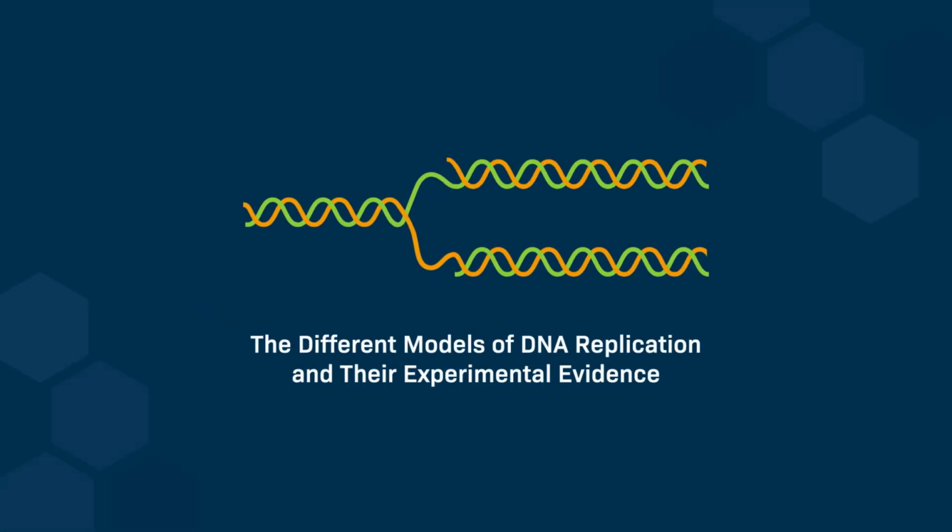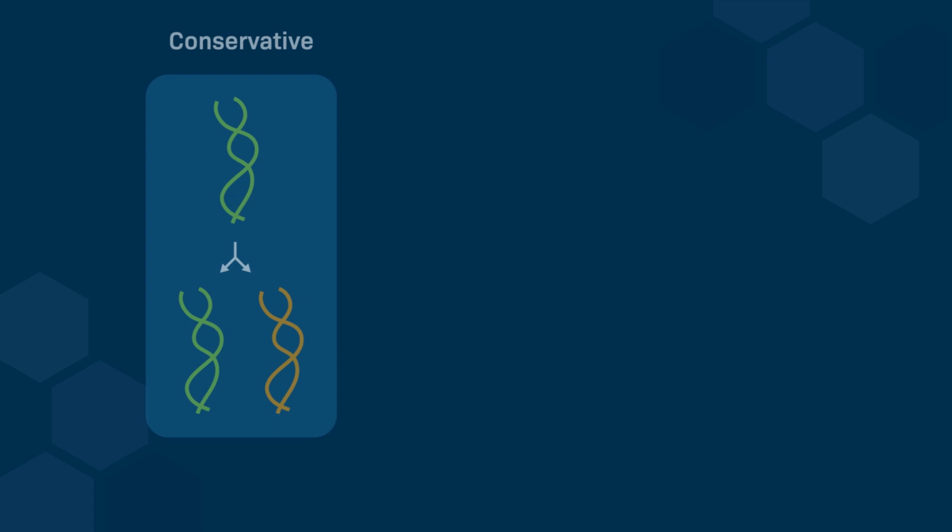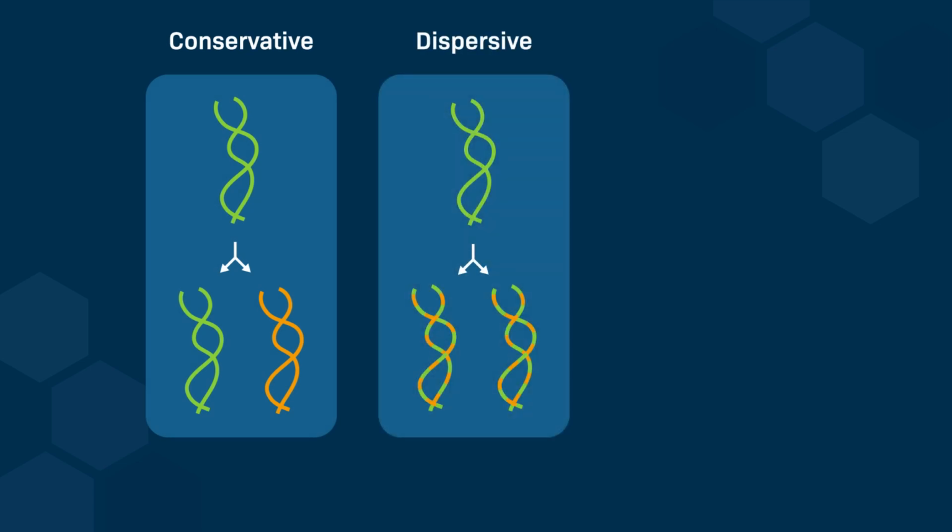In this video, we'll explore the different models of DNA replication. First, we'll cover the role of DNA and discuss the key features of DNA structure and the replication process that informed the proposed models of DNA replication. Then we will delve into the three main models proposed for DNA replication: the conservative model, the dispersive model, and